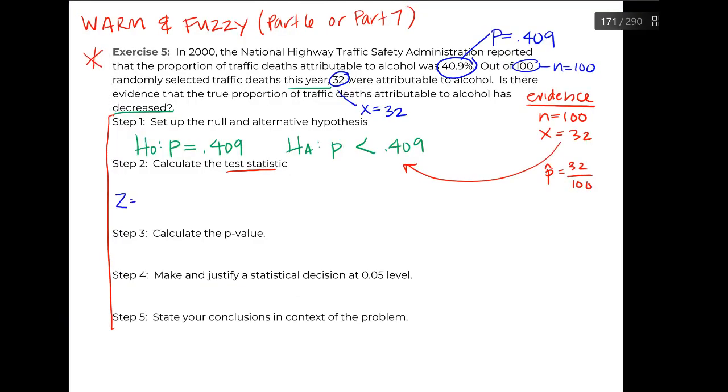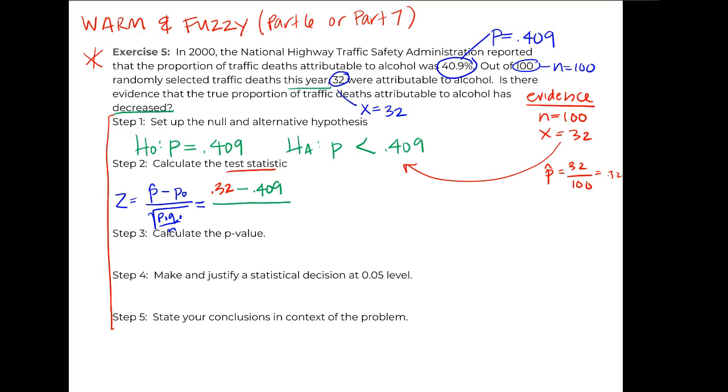So our z-score is equal to p hat minus p naught all over the square root of p naught q naught all over n. So, our p hat is our evidence, right? Our 0.32. I never finished that. And then we're going to subtract off our hypothesized value. So how different was 32% from 40.9%? Seems like a pretty big difference. But that difference really